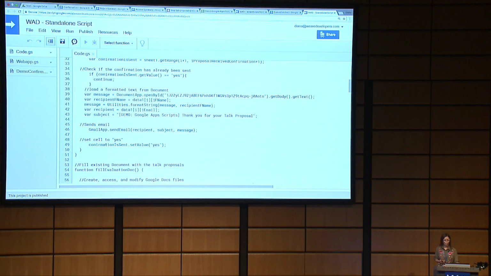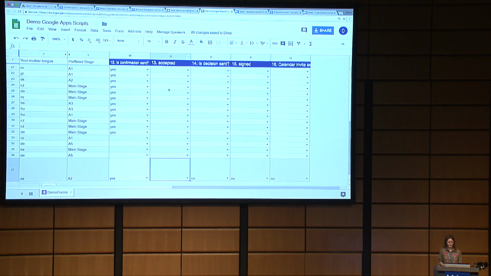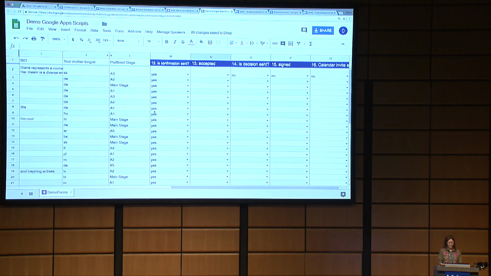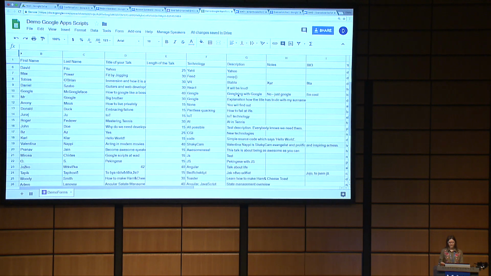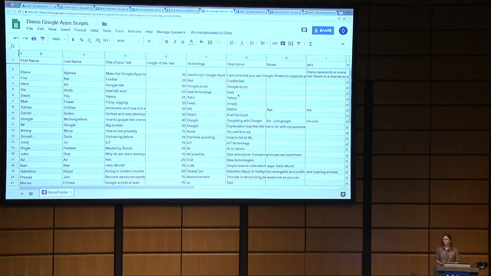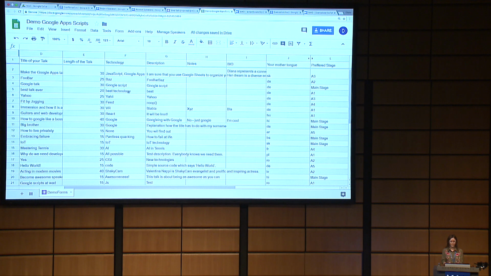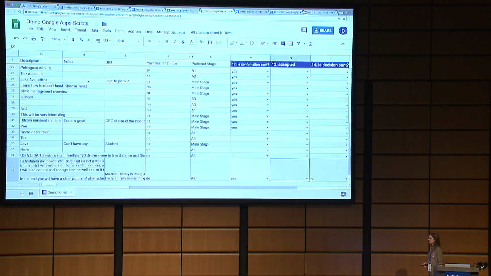After I have it all, now I would like to make a decision who is going to be accepted or not. But first, I would like to read the descriptions. And in a normal case, where you have a long talk description, around 600 characters or 600 words, it's not very easy to read through from the document. So how about grabbing just the information we need? As a talk description, we also don't need the name of the speaker and the bio of the speaker because we want to be very objective. And